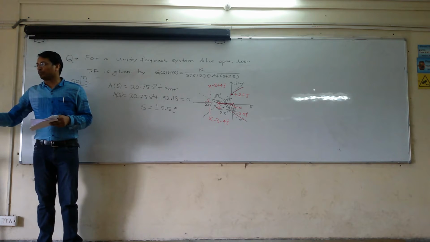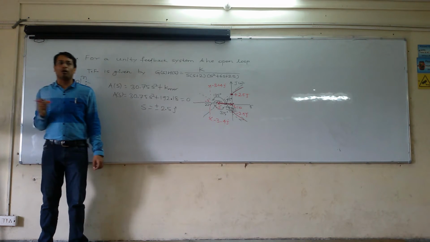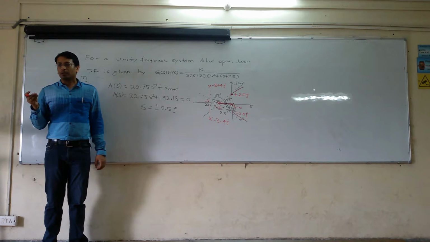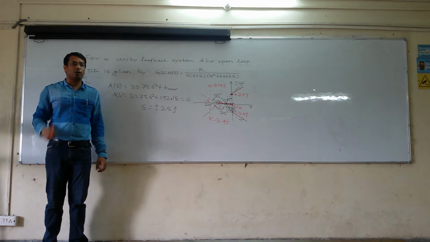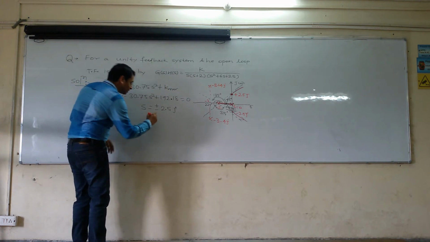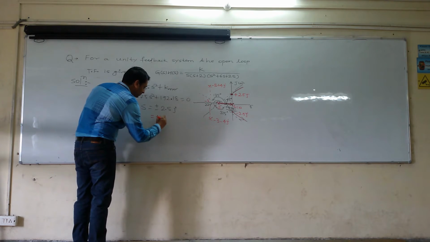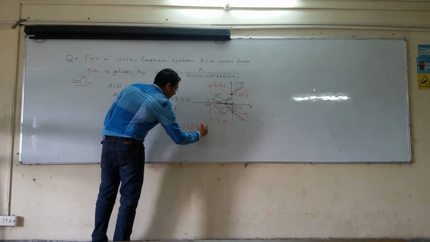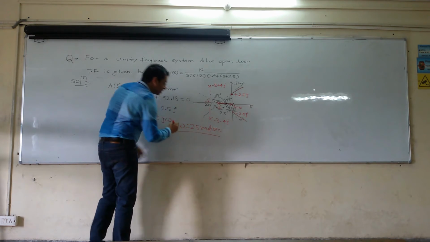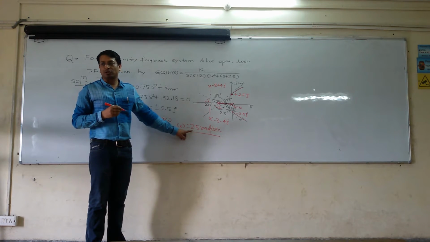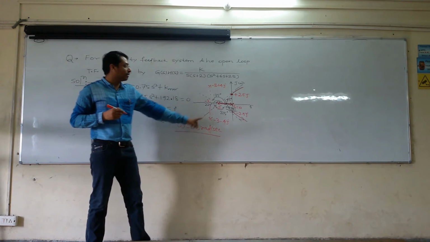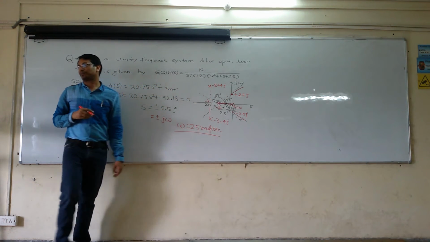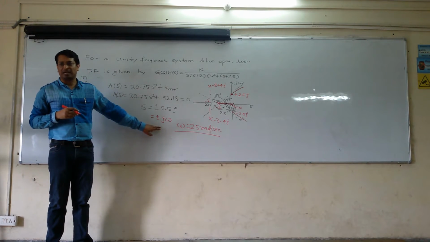Read part C of the question. It is being asked that at the value of this gain, you have to calculate the frequency of oscillation. So this is nothing but plus minus j omega. What is the value of omega? Omega is equal to 2.5 radian per second. This is the frequency at which your system will oscillate when the gain k becomes 192.18. So part C of this question has been answered.